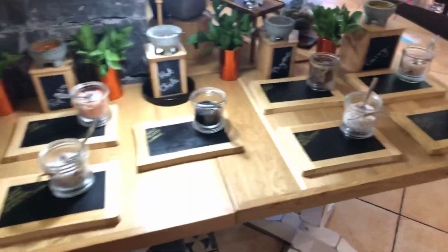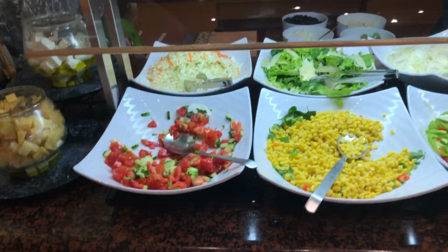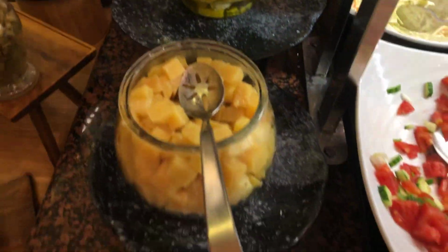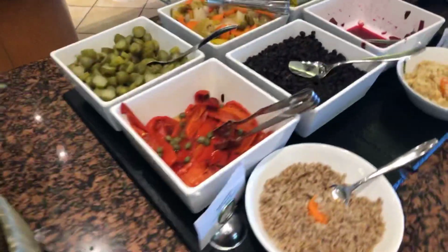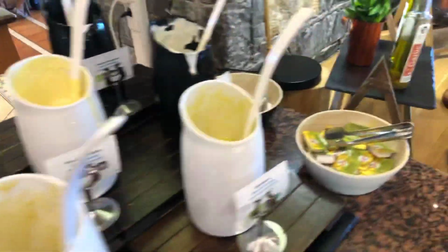And we're just going to walk around the food. You've obviously got a choice of salads. Absolutely amazing salads. It wouldn't be Greece without a salad. Without some feta cheese. Great big lumps of it as well. Some normal cheddar. Then you can have little Greek salads that they do for you. You've got some pickles, sauces, vinegars,